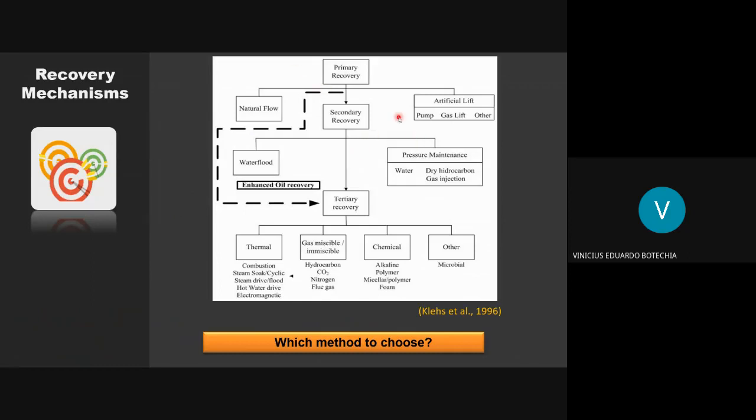First of all, we have this old nomenclature: primary recovery, secondary, tertiary recovery. It is not usual anymore, because this was kind of chronological, right? First, the primary recovery, where the field produces only with its natural energy. Then the secondary recovery was associated with water flooding after the primary recovery, but nowadays everything happens at the same time, and this nomenclature is not used anymore, right? The tertiary recovery is nowadays called enhanced oil recovery, and so on.